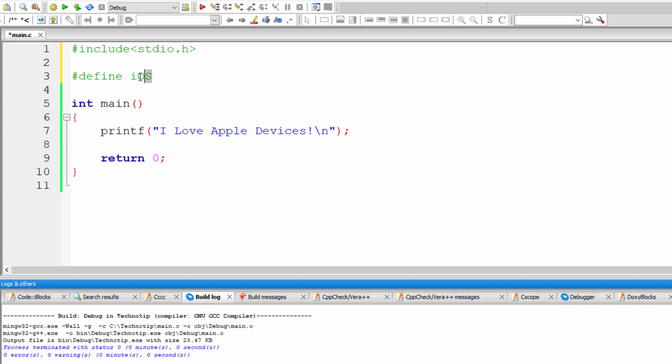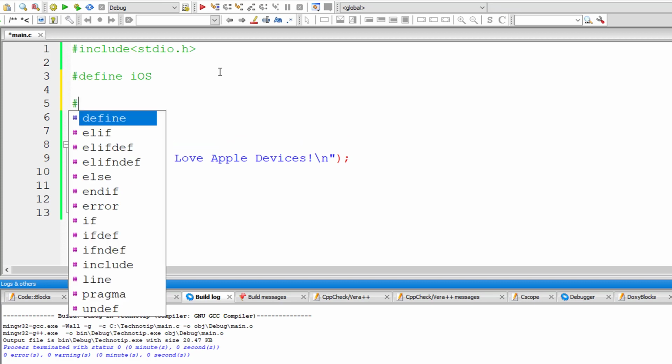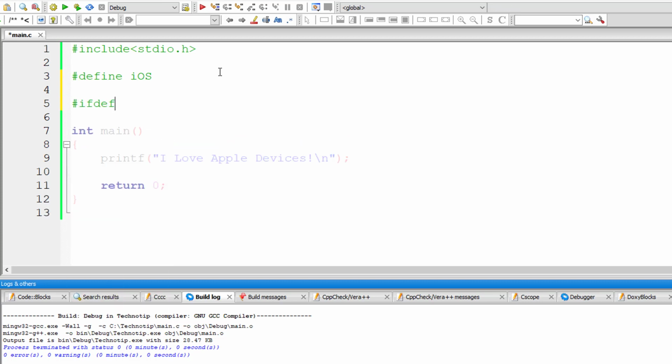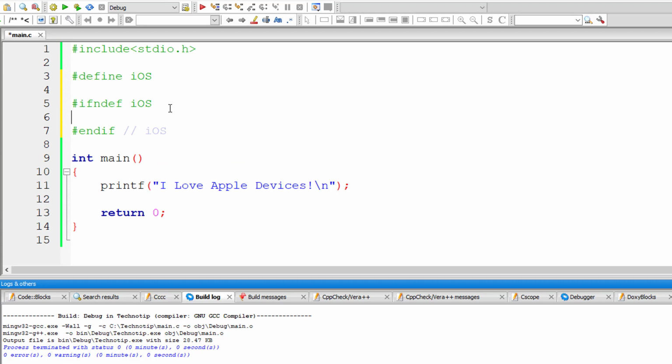So if it's not defined, the compilation should stop, and let's make use of our error directive. This is just for illustration purposes. It's not a critical application where we need to use the error directive, by the way. So ifdef means if this macro iOS is defined, or else we could make use of ifndef, that means if it's not defined. If it's not defined, the code inside this ifndef and endif gets executed, wherein we will invoke this directive, that is error, and I'll write first include iOS macro as an error message.